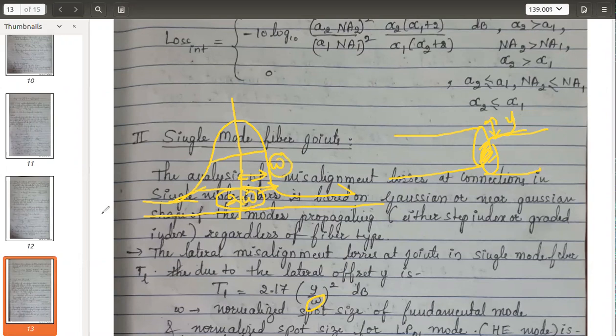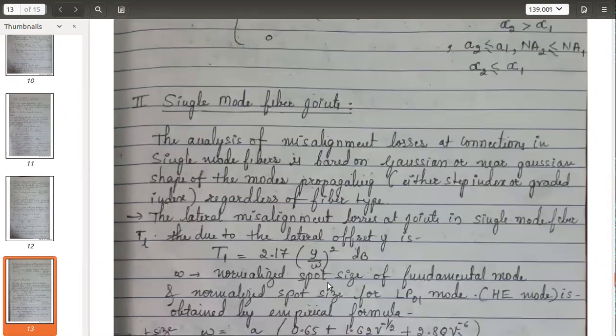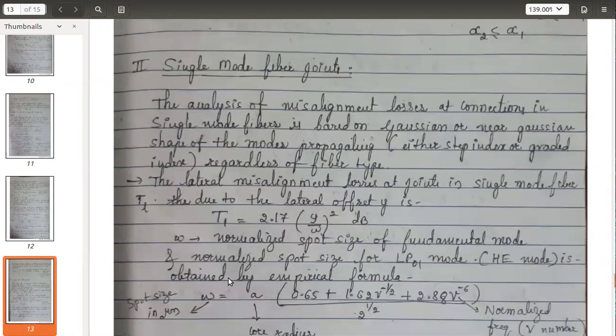What will you come to know from omega? Where the field distribution is maximum and where it is minimum. The distribution you will get to know because of the spot size. It will basically give you the field distribution. So omega is the spot size of the fundamental mode, and normalized spot size for LP01 mode. LP is the linear polarized mode. That is nothing but the hybrid mode. In case of your